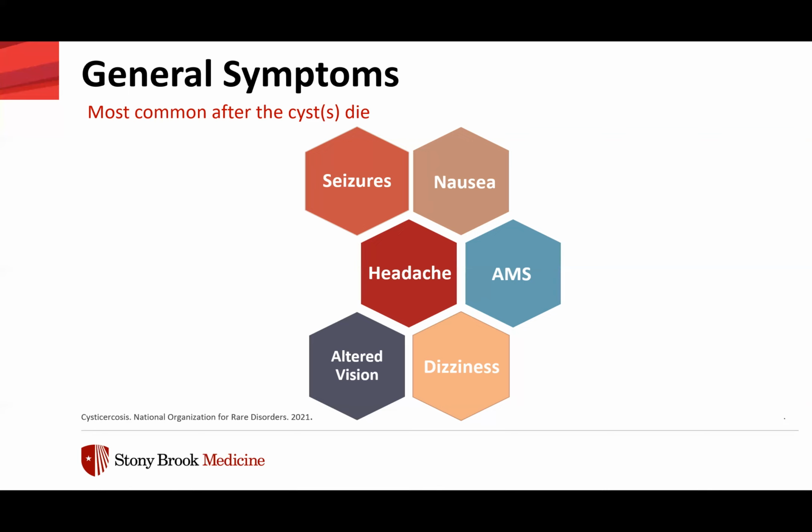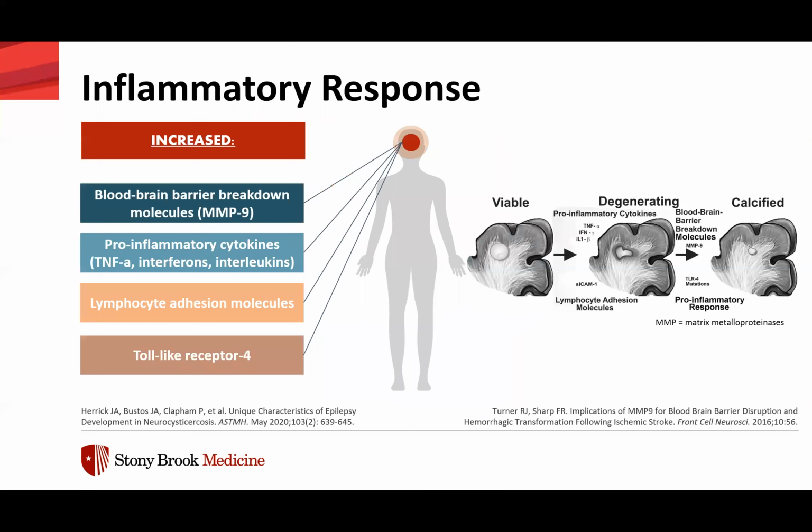To back up what I'm saying with this inflammatory response, the 2017 IDSA guidelines have several references to the specific inflammatory response. There was a study that looked at the serum blood counts of patients who had neurocysticercosis, and they compared patients who had epilepsy with NCC to those that had NCC without epilepsy. And they found that patients with epilepsy and NCC had high serum levels of blood-brain barrier breakdown molecules